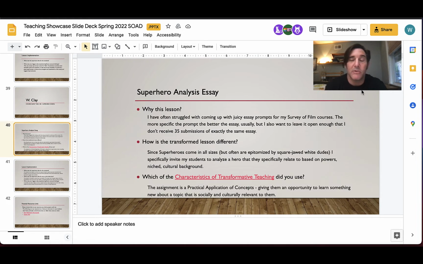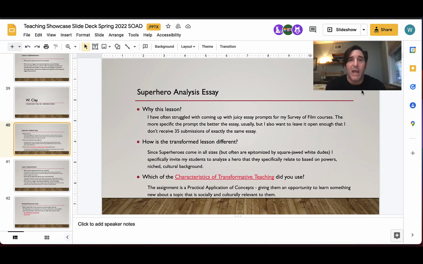Some people gravitate towards villains that they felt connected to culturally, socially, or in some other way. Although superheroes are epitomized by Superman and Batman and those square-jawed guys, they come in all shapes and sizes. There are thousands and thousands of superheroes and supervillains that fit tiny little niches socially. I wanted to give my students a chance to really dive into that and find something that really resonated for them.